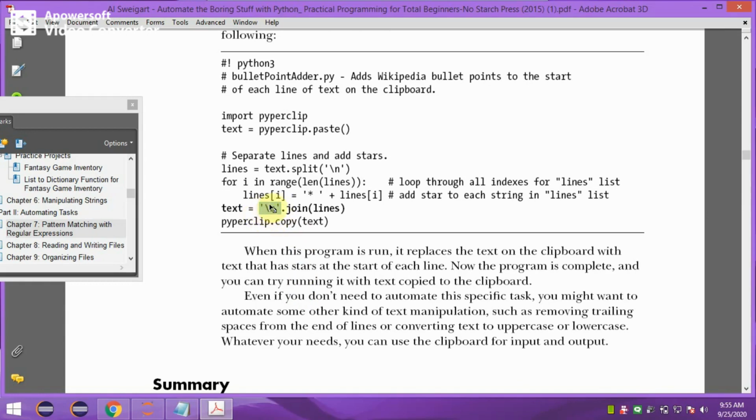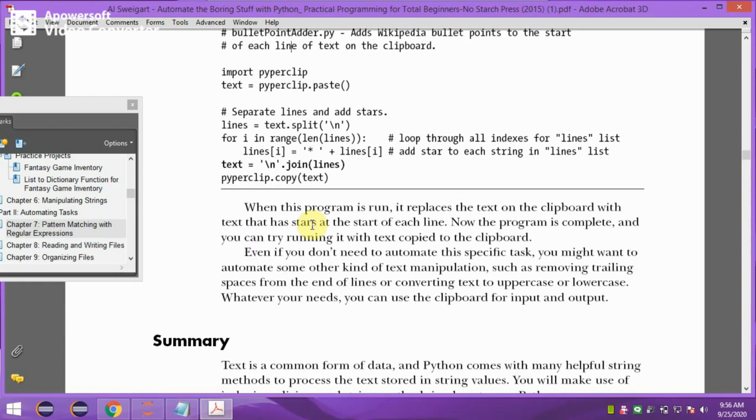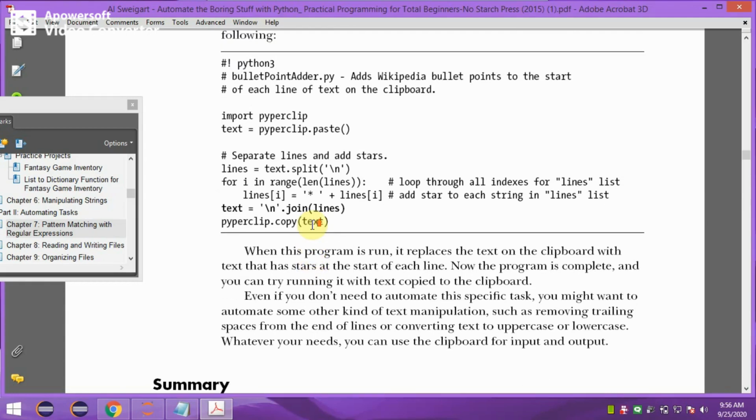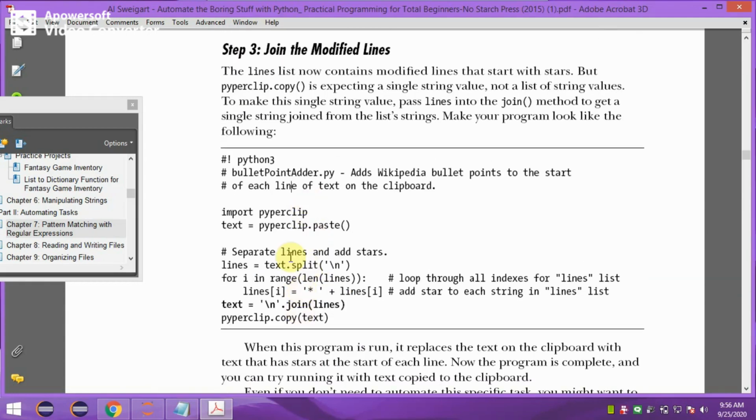This is the delimiter or separator character between each line. It joins each line into the variable text by keeping backslash n as a separator character between different lines. Once the lines are joined into the text variable, this text is copied back to the clipboard. This is the program adding bullets to wiki markup, which is very simple.